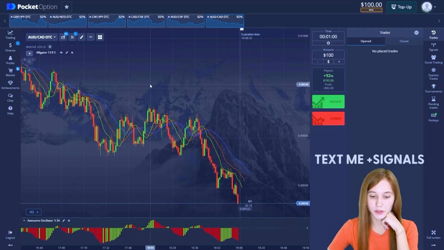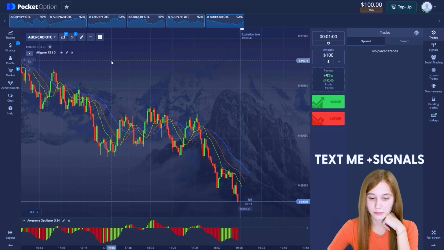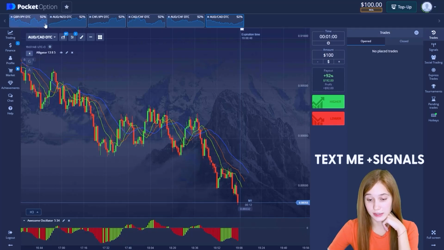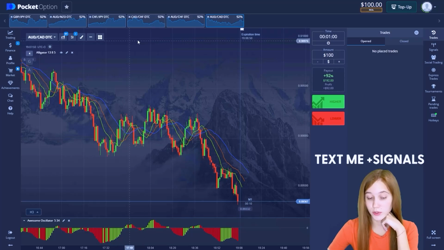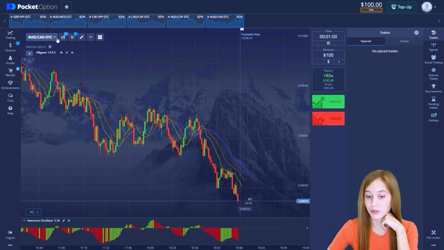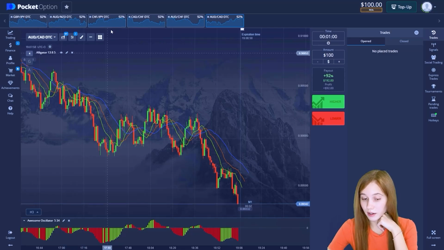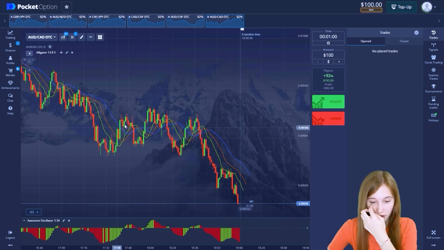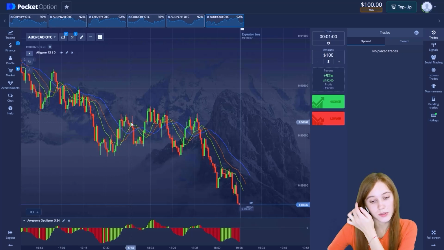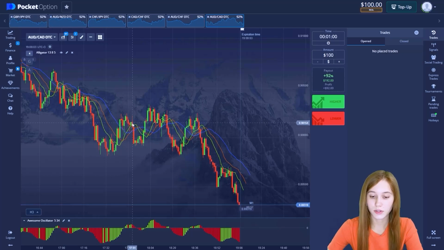So next we choose what we will trade. I have 6 currency pairs for today. All currency pairs have a payout percentage of 92%. It's quite nice because the higher the better. So we will use technical analysis and 2